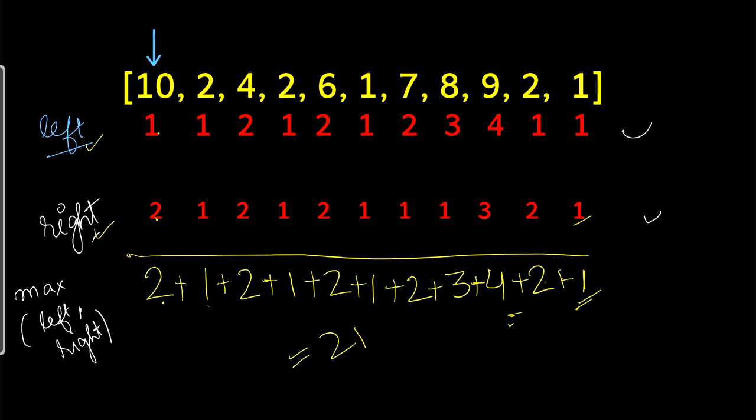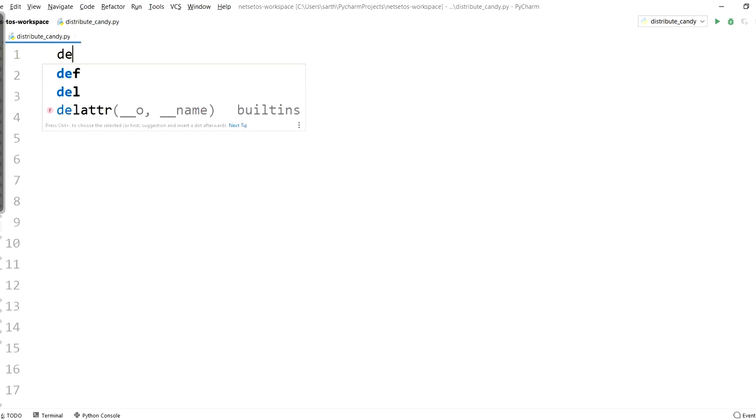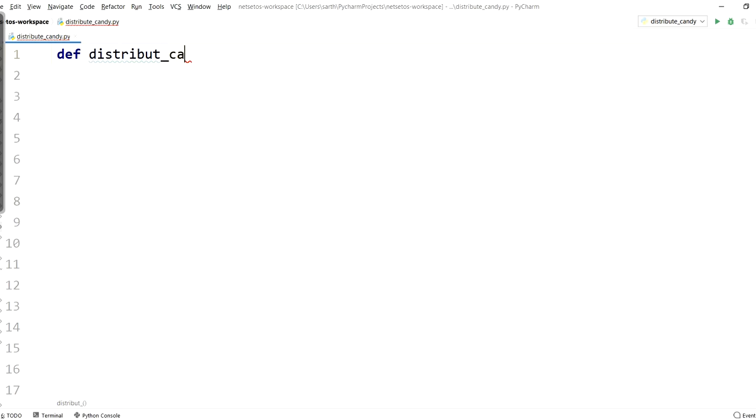Now let's implement this with the help of a Python program. So here I'll start writing the program with the function distribute candies, and here we will have all child ratings. Let's take it as A. The first thing we will make is the left candies, where we will compare with respect to the left neighbor.